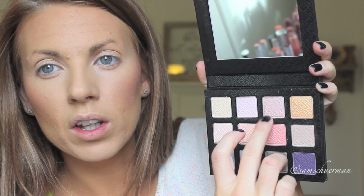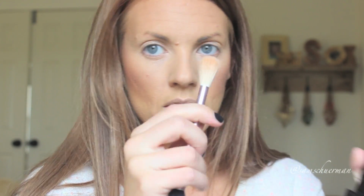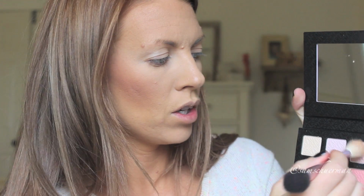As my highlight, I'm just going to take one of these shades that's in the eyeshadow palette that it comes with. So I think I'm going to take this shade right here, which is a little bit of a pinky champagne color. Seeing as I don't know what it's going to do, I'm just going to take a looser fluffy brush, and I'm just going to place that